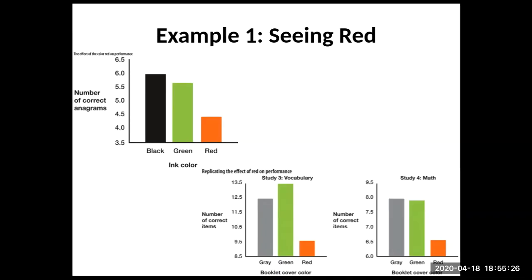Why? Well, think about the color red. Color red means stop at a stop sign. When you get to a red light, you stop at a signal. And red can sometimes mean danger or caution. You have to pull over to the side of the road when you see a red fire engine or ambulance, right? Things like that. When there are red and blue lights of a police car, you have to pull over, things like that. But red is also something that students, even though you may not be consciously aware of it, are kind of averse to,